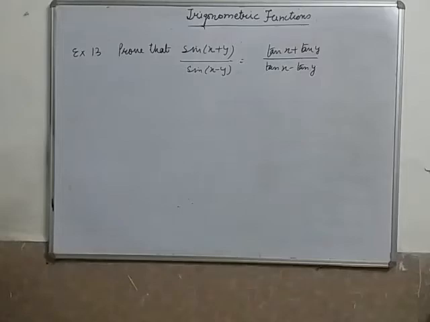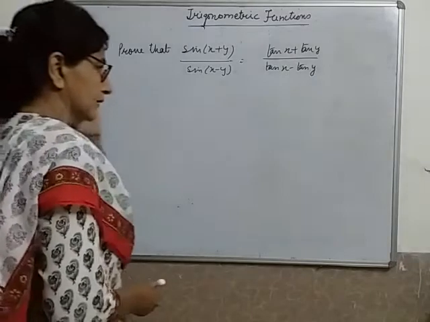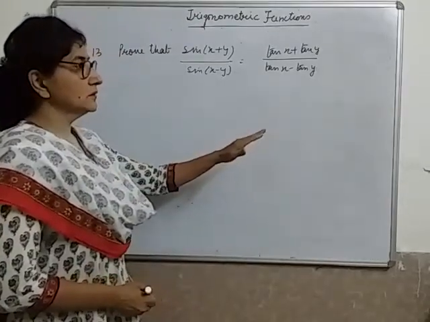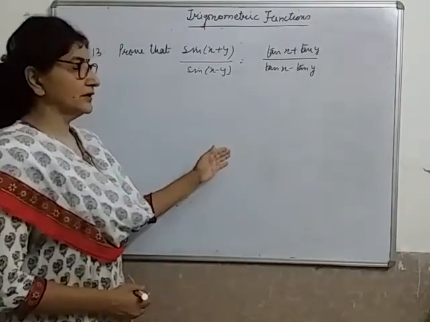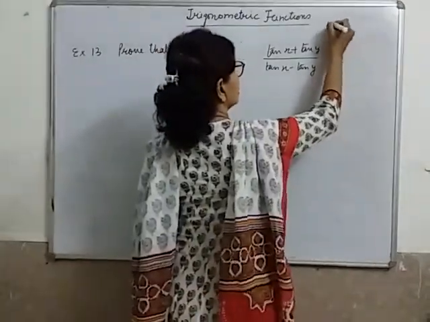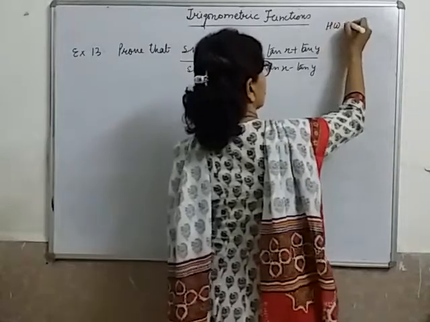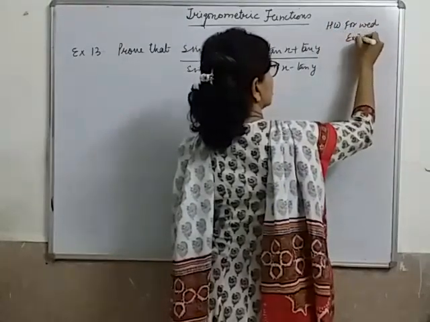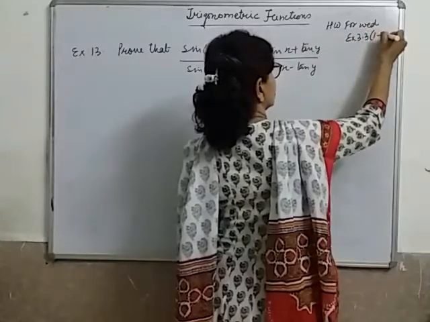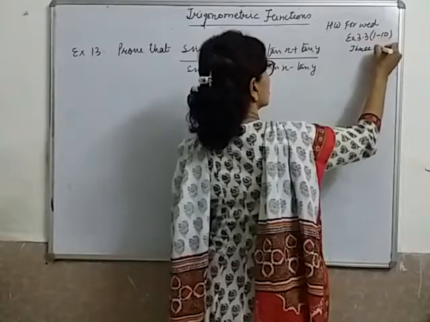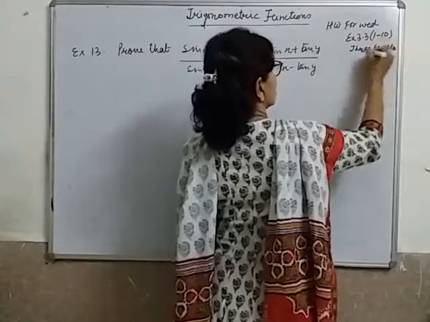Yes, children, now I'm taking an example. Actually, you can see that up to the 10th question you can do on Wednesday. So I did 3 examples plus a few questions from 1 to 10. So your homework for Wednesday is exercise 3.3, questions 1 to 10, and 3 examples. Okay, right? This is it.